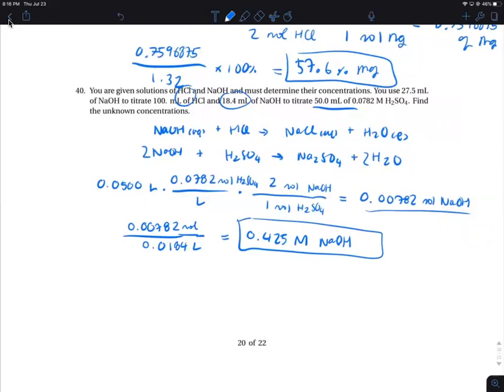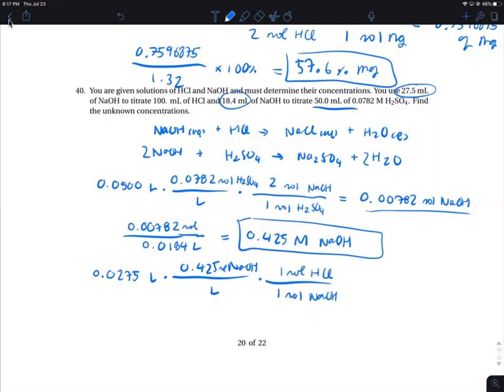So let's start with what we have. We know that we had 27.5 milliliters of NaOH, but we didn't know the concentration, but now we do. So 0.0275 liters times the concentration of NaOH. Sorry, that's supposed to be moles, and then per liters. And we use the molar ratio, 1 mole of NaOH for every 1 mole of HCl. And that's going to give us